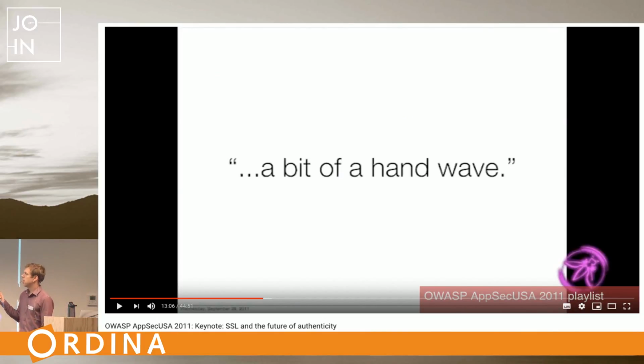It's quite old, but it's very entertaining, and I recommend watching it. It's a video from the OWASP dinner from the conference back then, and it's Moxie Marlinspike explaining how we got this CA ecosystem. And they actually called the guy that designed it. And it turns out that this whole CA and certificates was a bit of a hand wave because these attacks